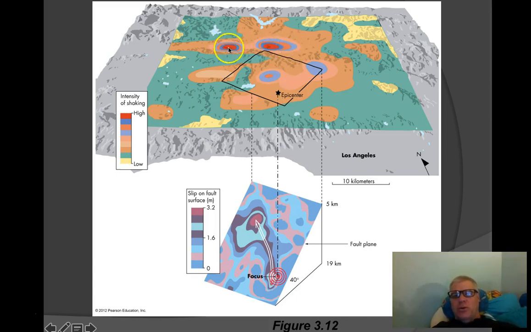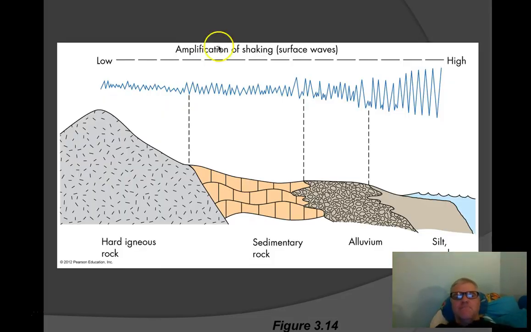The worst shaking was actually north of the earthquake's epicenter, and there are a few reasons for that. One is the soil conditions that existed over there, but also because the place where the fault slipped had a direction. So if the earthquake slipped this way, it put most of its energy in that direction, and so it didn't come straight up. It came off to the side in terms of the places with the most energy and therefore the most shaking. So it's not always right next to the epicenter.